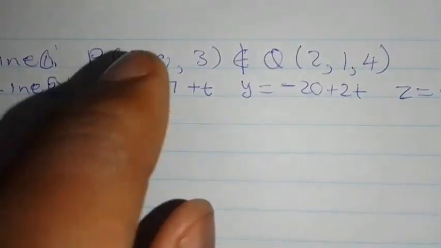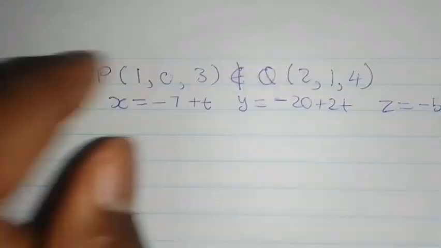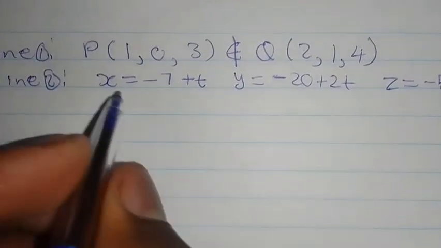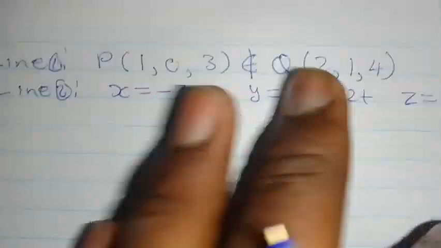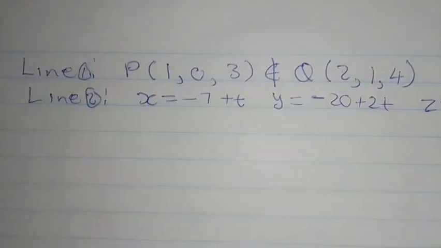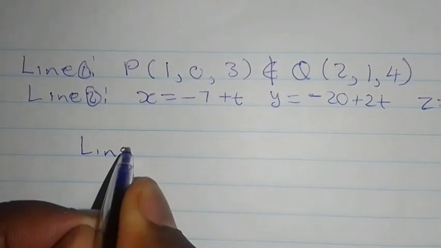But now what I'm going to do is convert each line. I'm going to give each line in symmetric form. Now try to see if you can do this in symmetric form. Okay, so now for line 1,